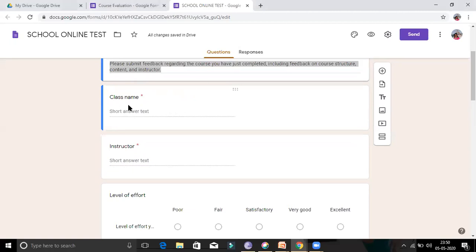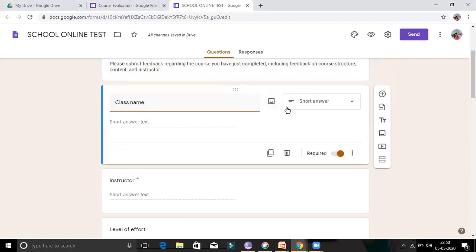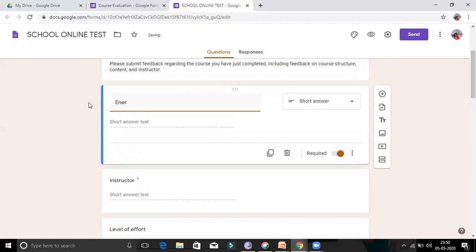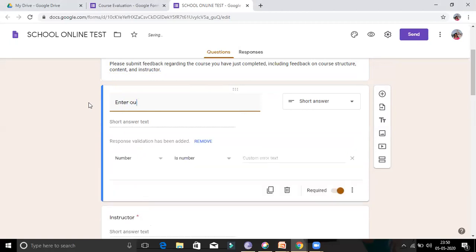See how to click on this and change it: Name. Enter your name.